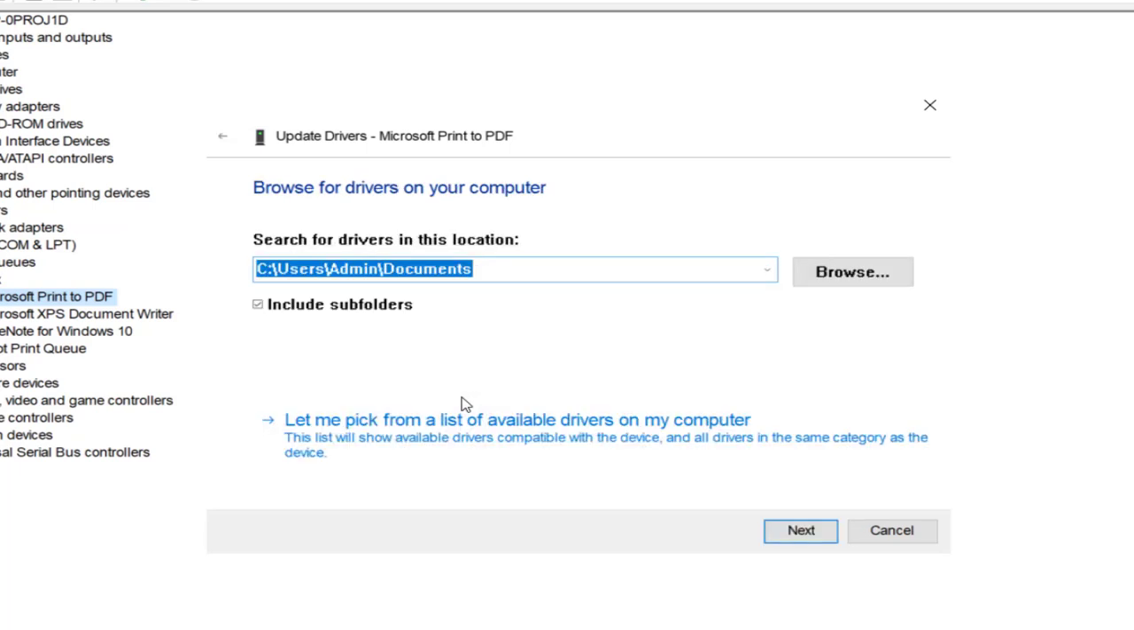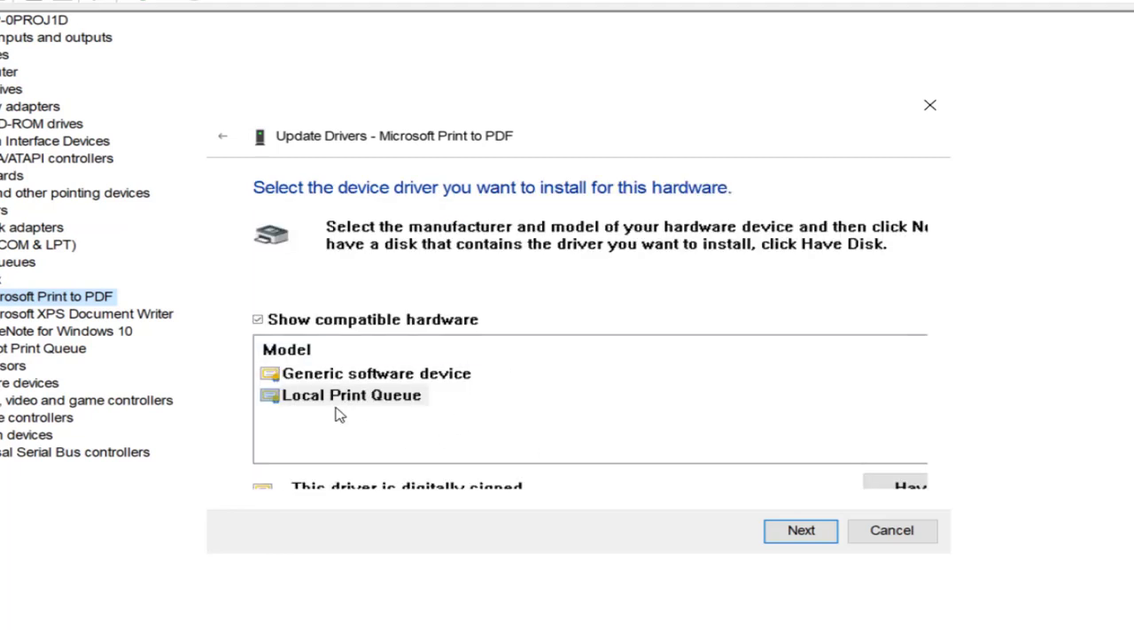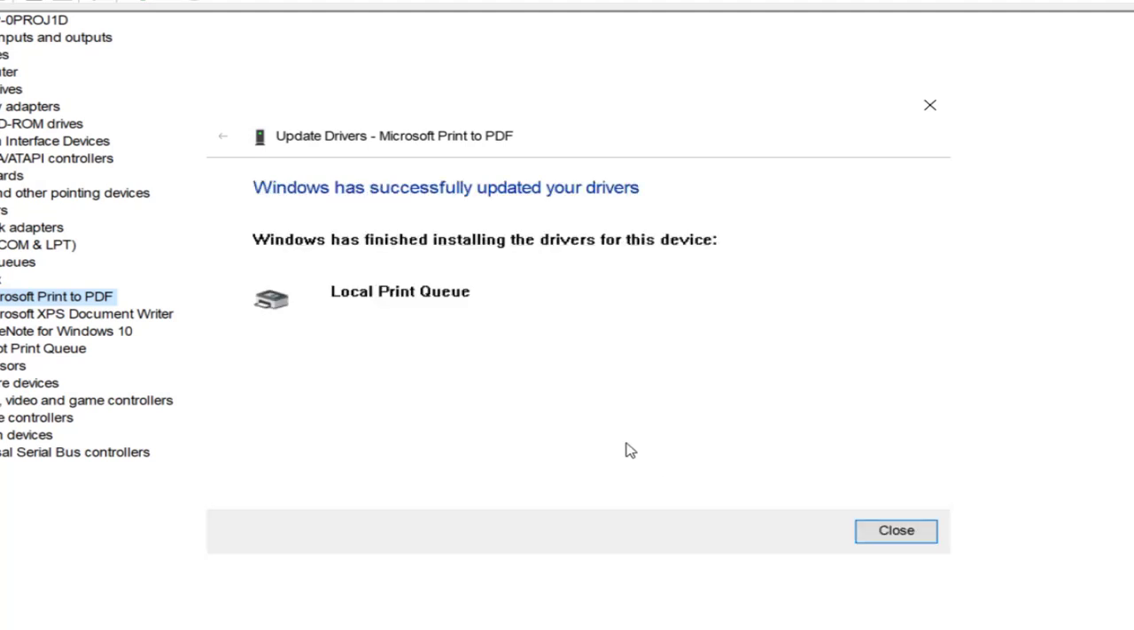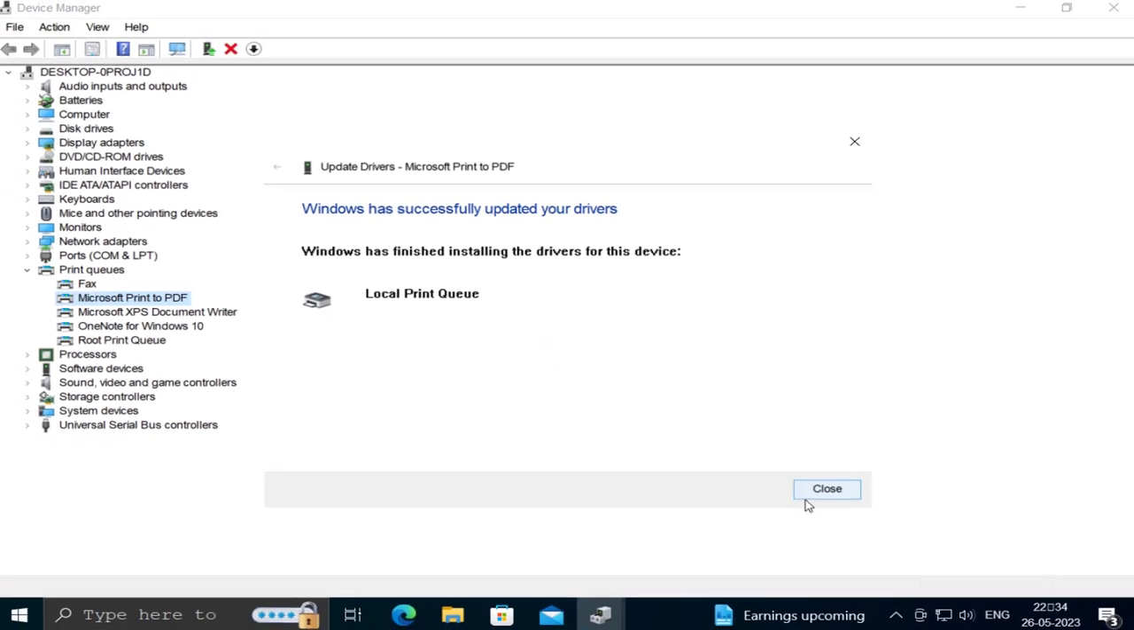Click on it and click let me pick from a list of available drivers on my computer. You just want to click on it and click next, and Windows has successfully updated your drivers, guys. Close out of here